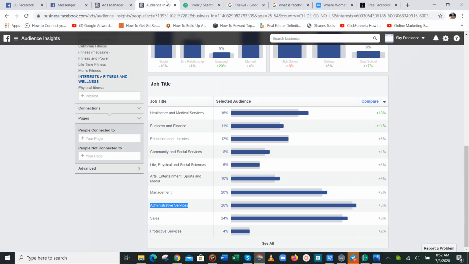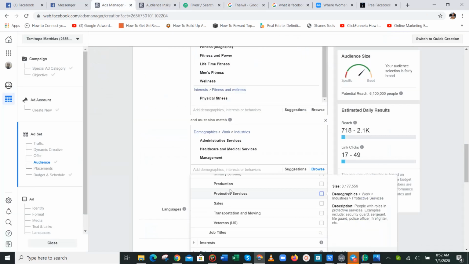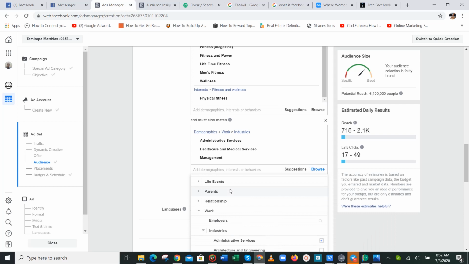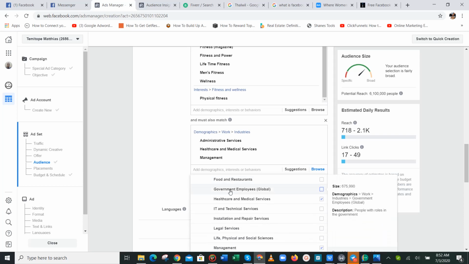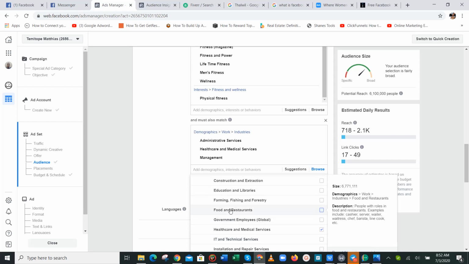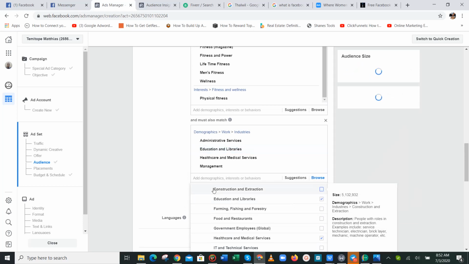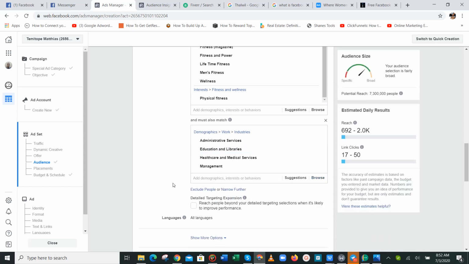This is the next one now, which is education and libraries. So now I've chosen it. This helps us narrow down and reduce the audience,